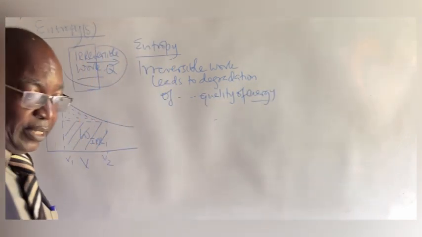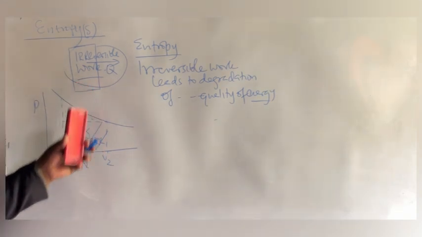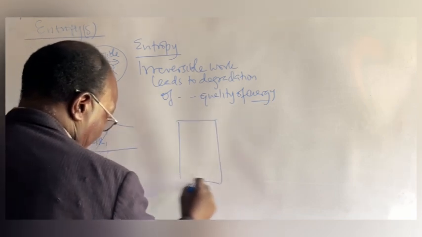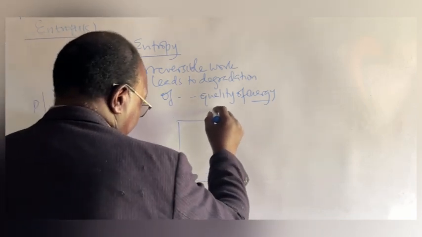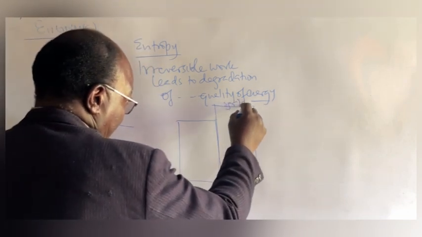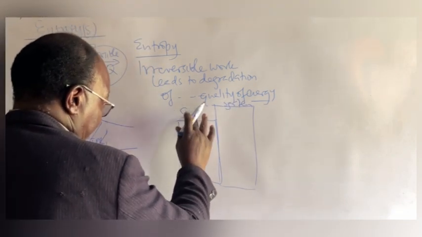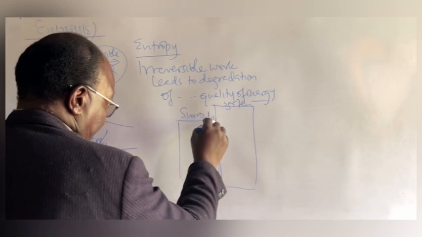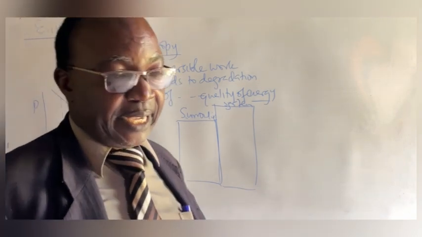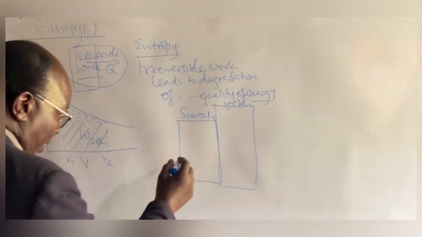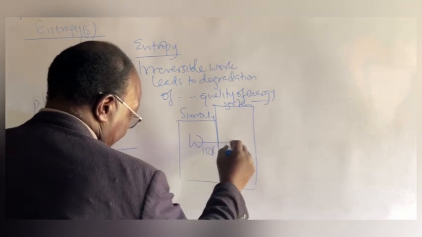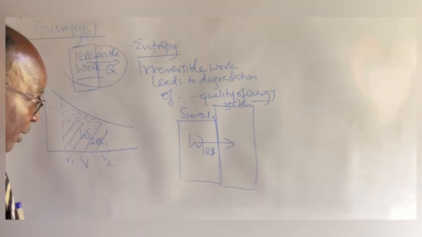in the surroundings. Now, like we have said, if we have our surroundings and you are doing irreversible work in your surroundings, and you have your system here. This system, let's call that system, and let's call these surroundings. Remember, system is that part of the universe in which you have special interest. Surroundings is where you make your observations. The universe is basically the system together with the surroundings.